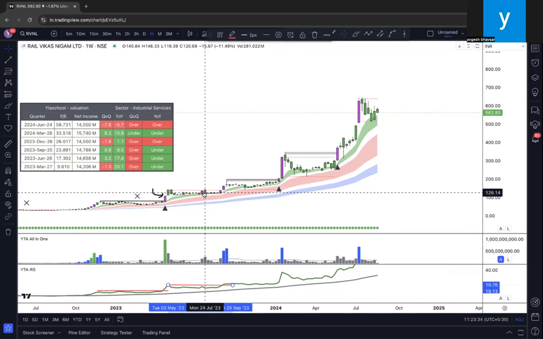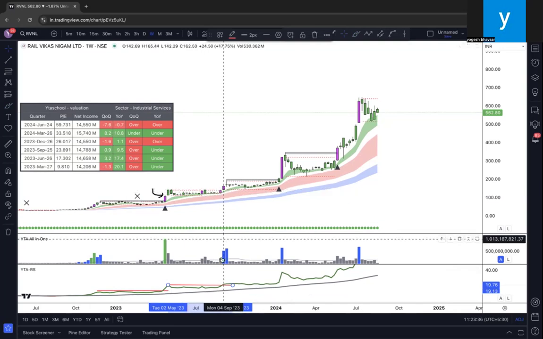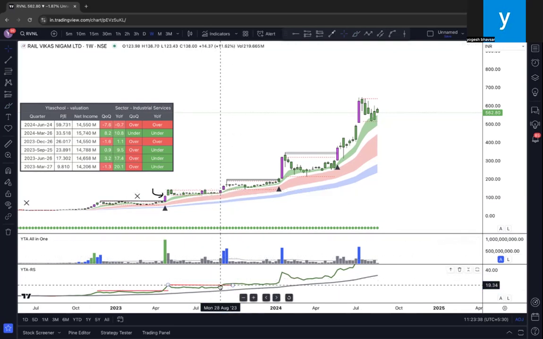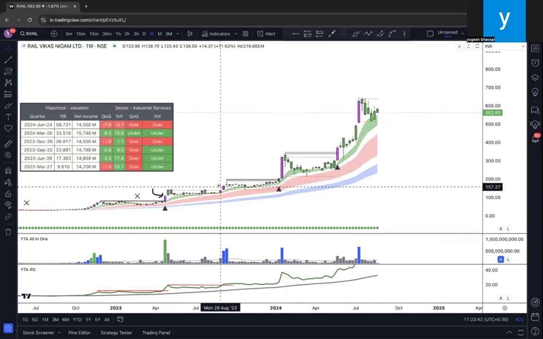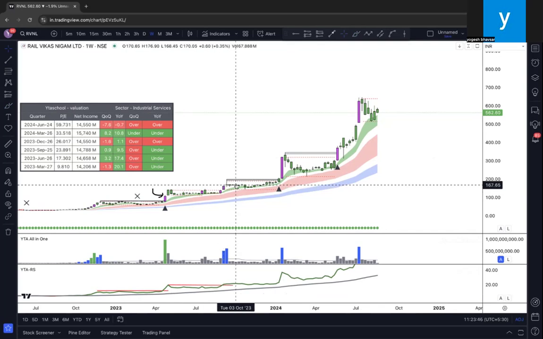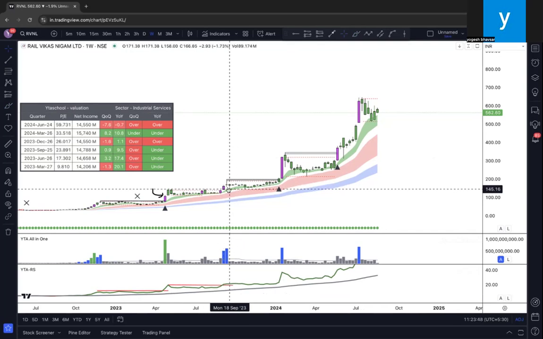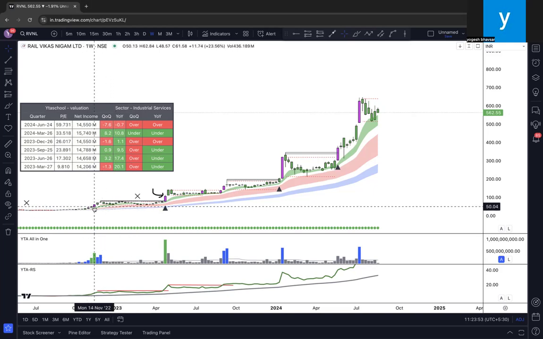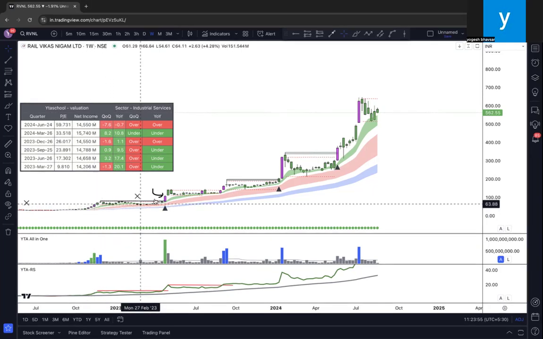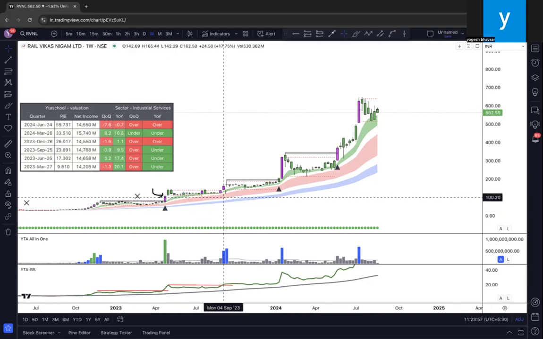Again, a couple of weeks later, it gave a breakout with higher volumes. This trend indicator went above. The system may show you undervaluation. What happened? I added more. Buy, put a stop loss, forget it. Okay, now we have a total of 3 entries. Entry 1, entry 2, entry 3.